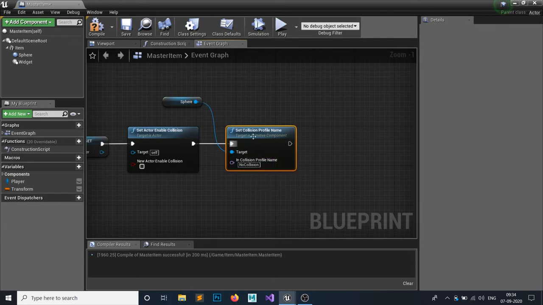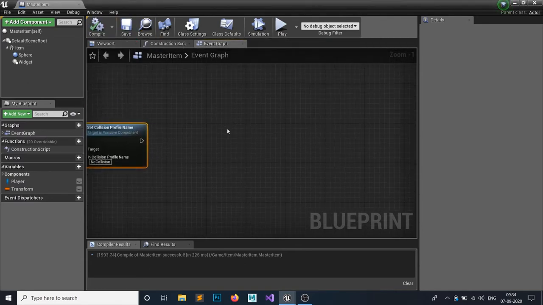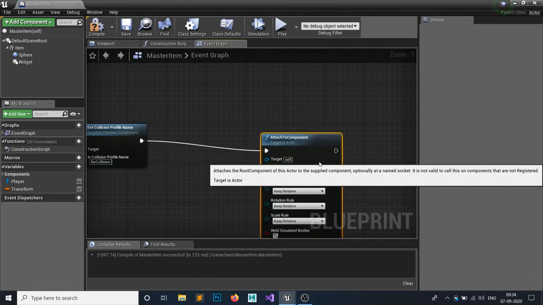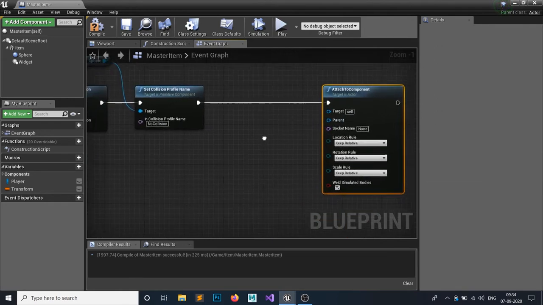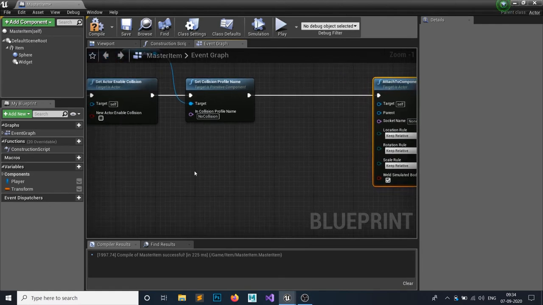And now the best part, the root part of this entire series: we have to attach it. So drag a node and attach to component, not actor, attach to component. What we want to attach is this self, this item, and from where do we want to attach? The target is what we want to attach, and the parent is where we attach it.